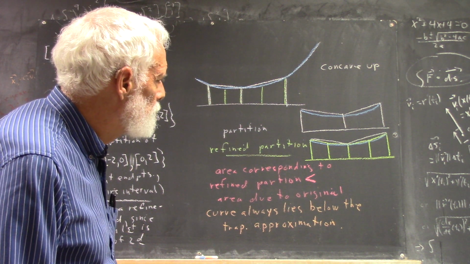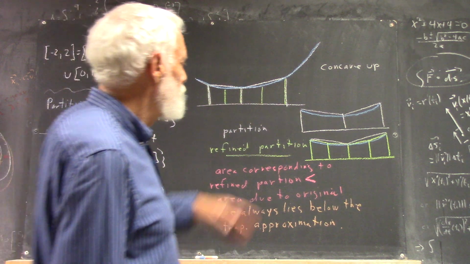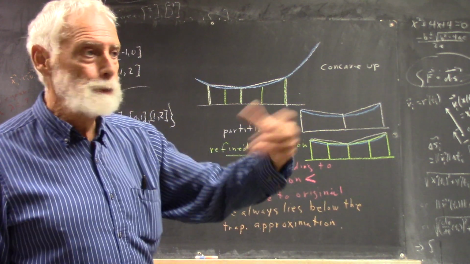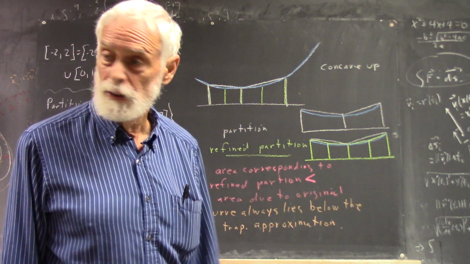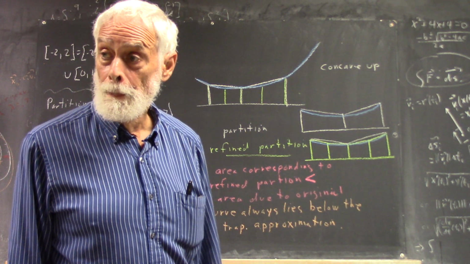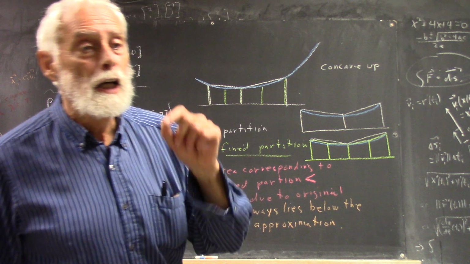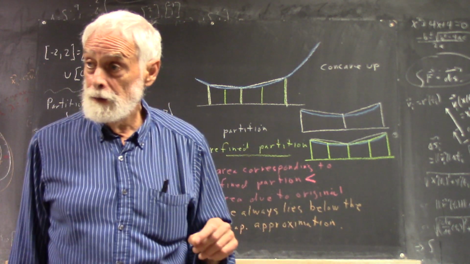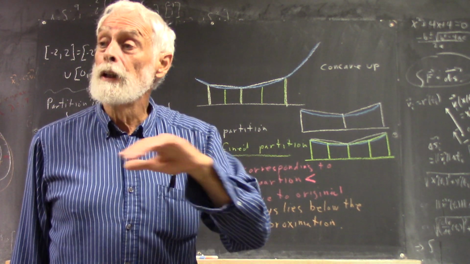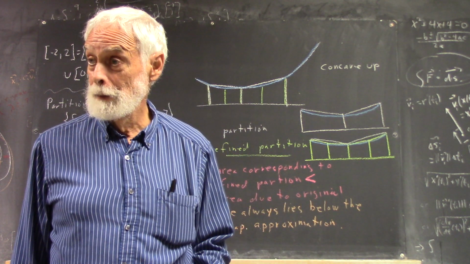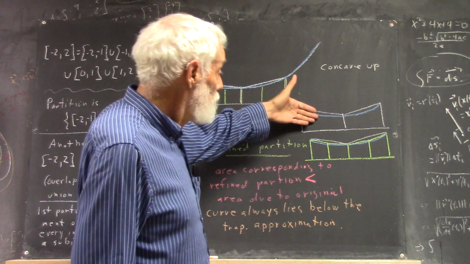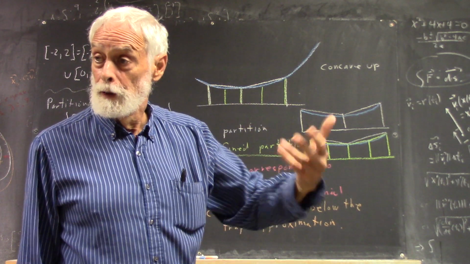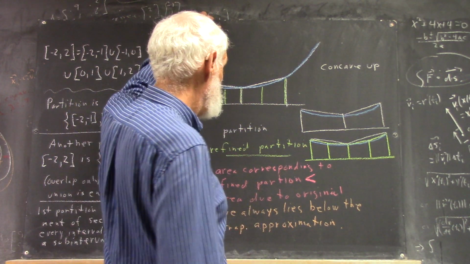Well, what we have is if we, let's say, just subdivide this, let's just say we keep cutting the intervals in half, although we could subdivide it any way we want. Let's say we just keep cutting them in half. Each time we cut the intervals in half, we're going to end up with less area under our trapezoids, right? Because the trapezoids are always below what you had in the previous partition. So,